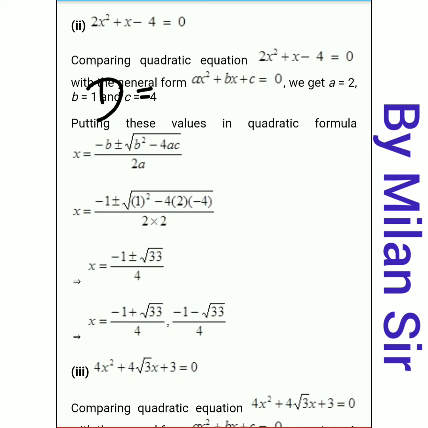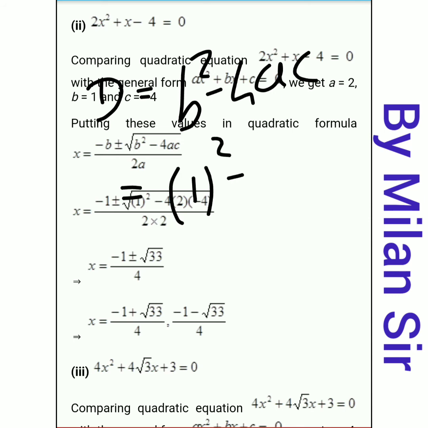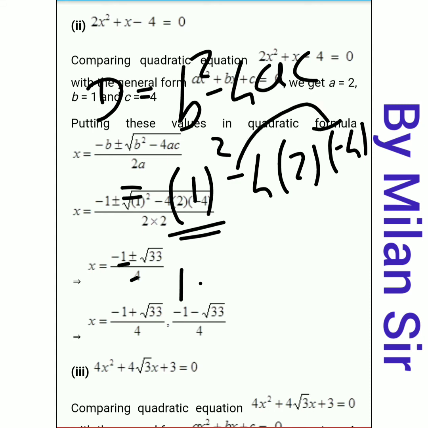Formula of discriminant d is b square minus 4ac. Now the value of b is 1, right? So 1 square, then minus 4. The value of a is 2 and the value of c is minus 4, right? Now here 1 square is 1 only, then minus minus plus 4 twos are 8, 8 fours are 32. Here we write the things in the bracket, that means we need to do multiplication. Okay, again